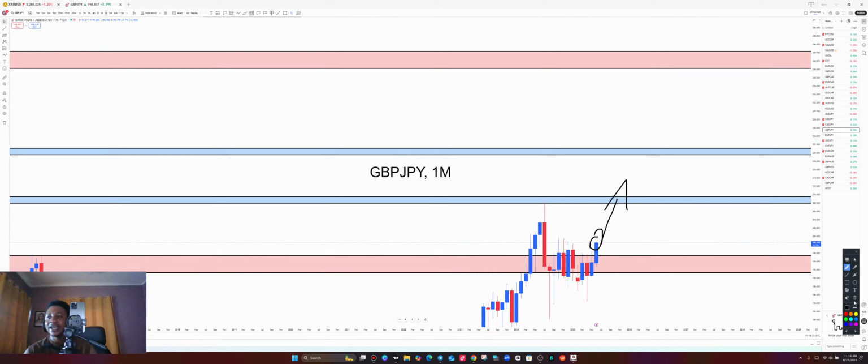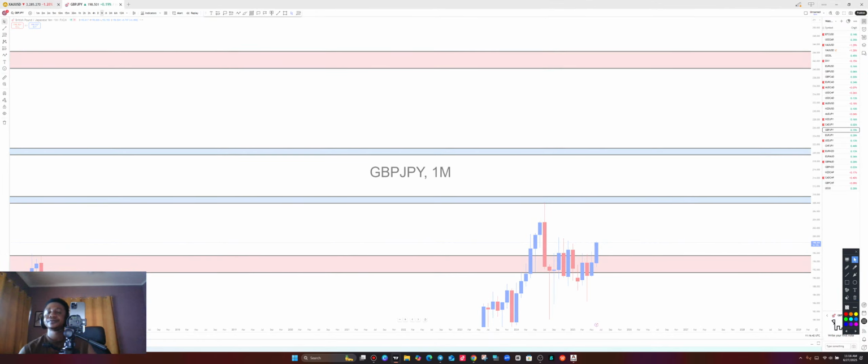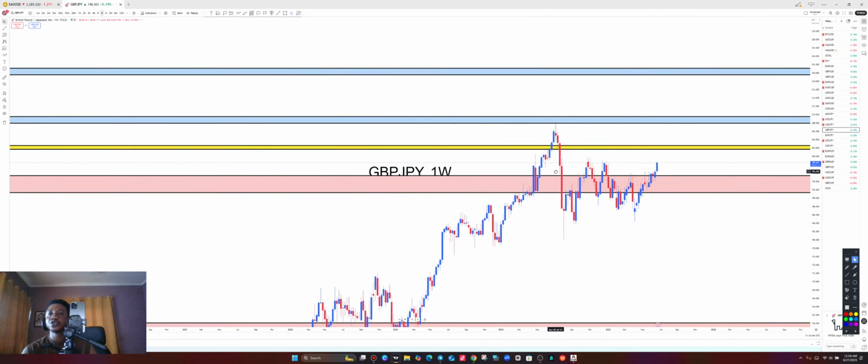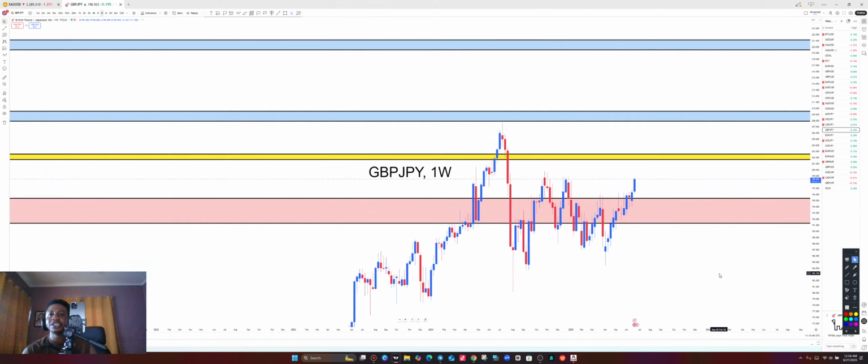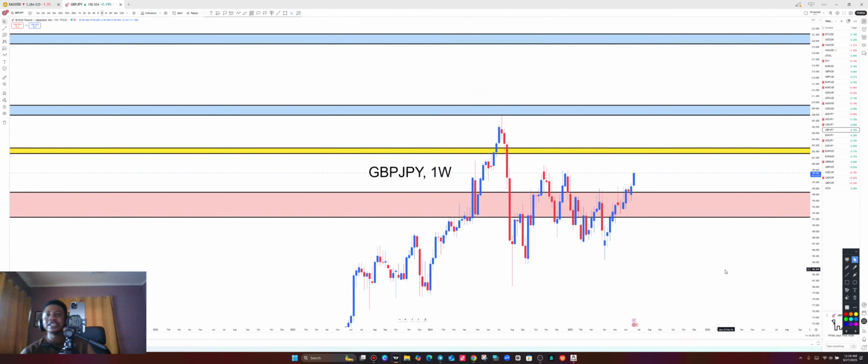How do we pick the buy? Let's go quickly to a weekly time frame. Understand what exactly is going on over here in the weekly before the buy pressure comes into the upside as well. So GBP JPY, let's go all the way to a weekly time frame. All right, so this is also the weekly time frame of GBP JPY. If you look at GBP JPY on the weekly time frame, initially price was in a downtrend, but it's now moving in an uptrend. So look at this. We saw what?